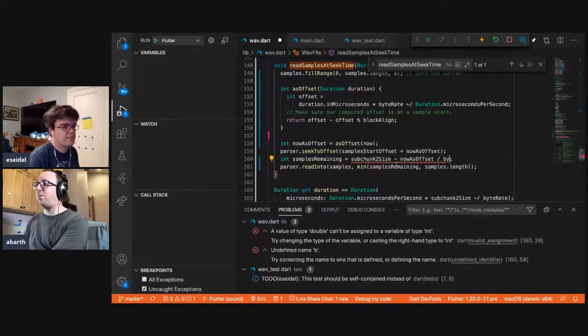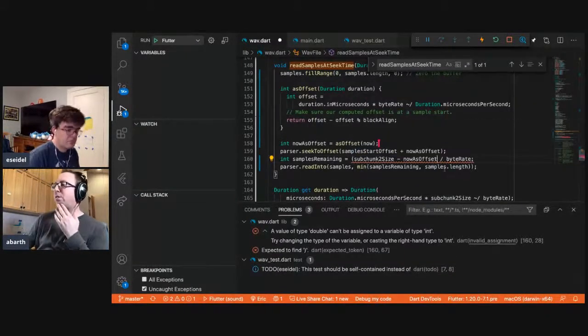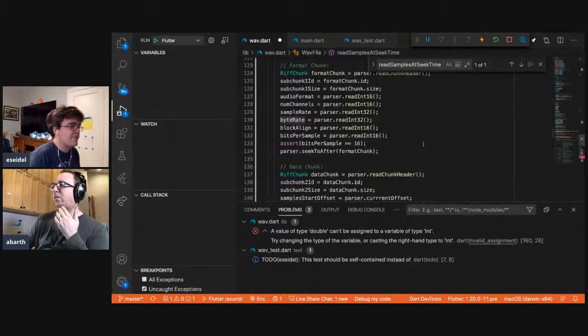Byte rate. Byte rate is going to be the number of bytes per second. What is it? Bits per sample. Yeah.